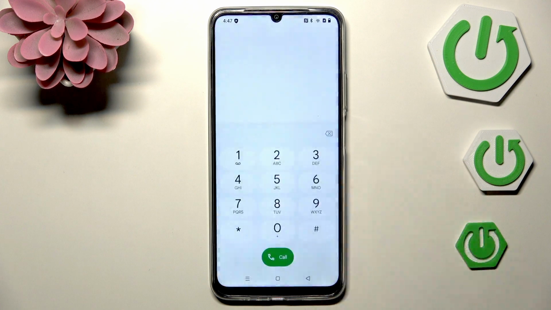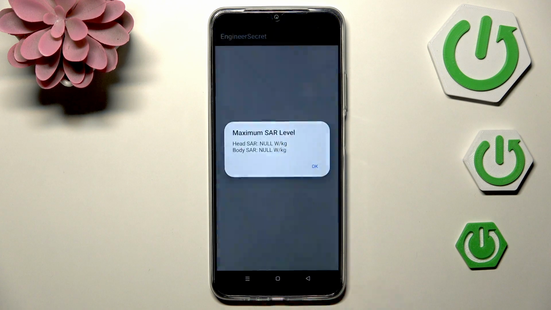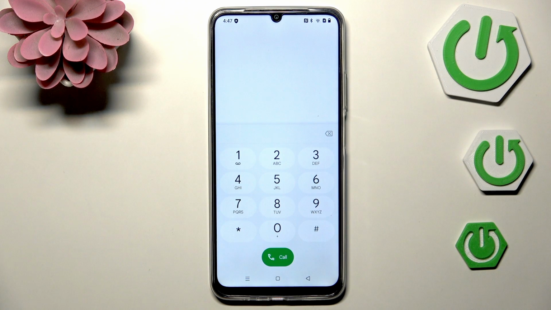And another code, also a technical one, it is *#07#. And thanks to it, we can open the maximum SAR level, so we can check the head and the body of our device. So let's tap on OK,